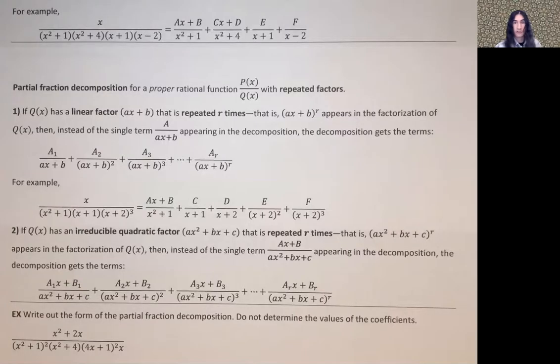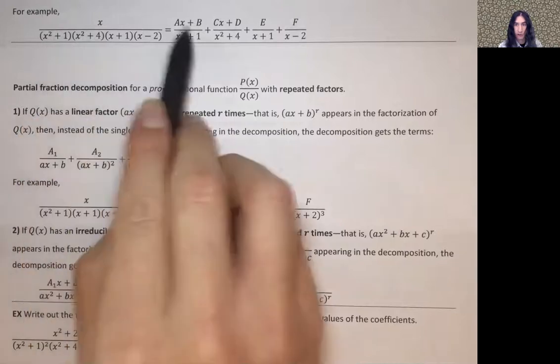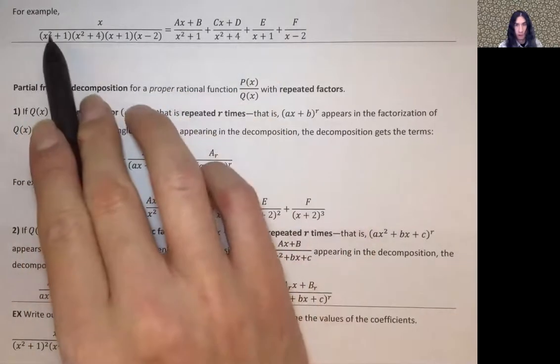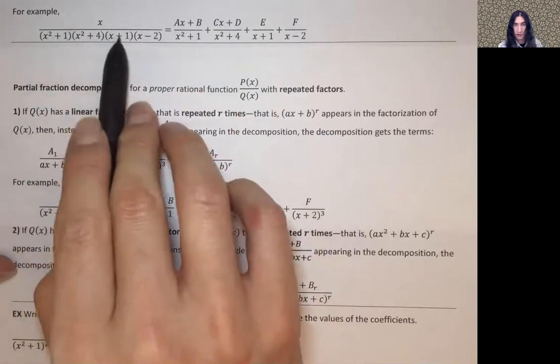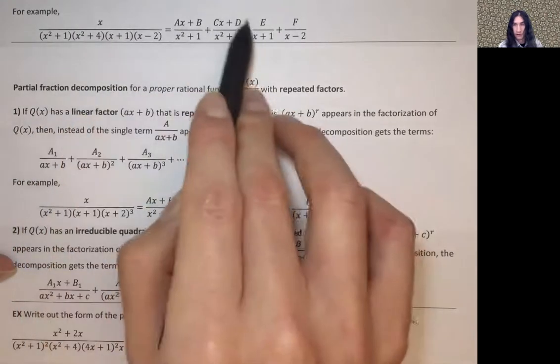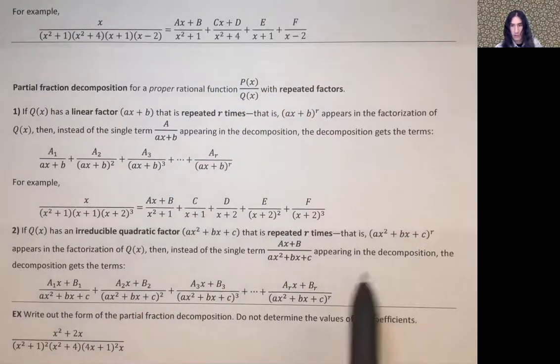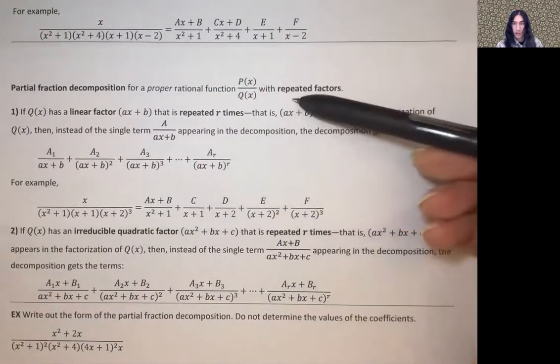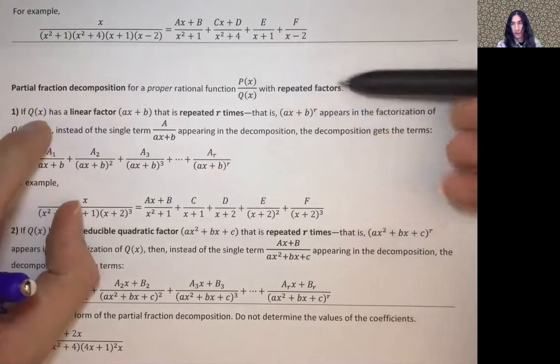Okay, so let's move on to talking about what to do when your factors are not distinct. We already reviewed what to do when your factors are distinct, like this. Quadratics go in the denominator and get an unknown linear in the numerator. Linear factors go in the denominator and get an unknown constant in the numerator, okay? So we're going to move on and now discuss what happens when the q of x here has a repeated